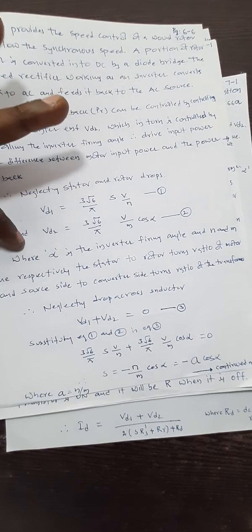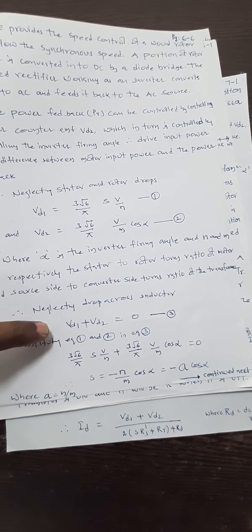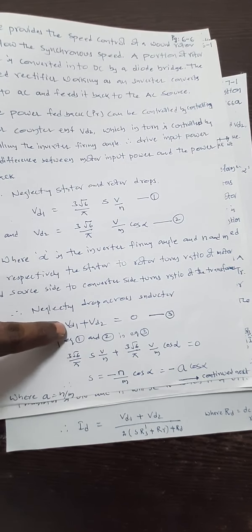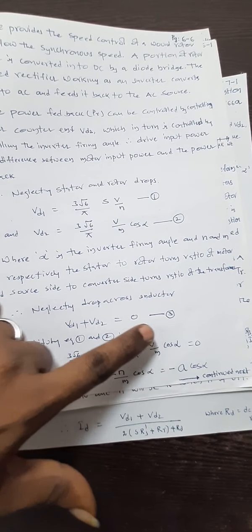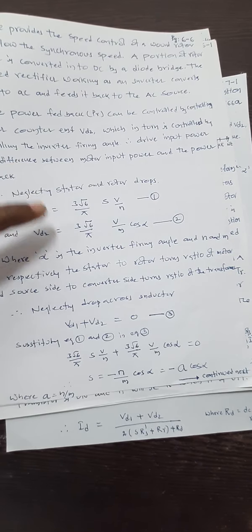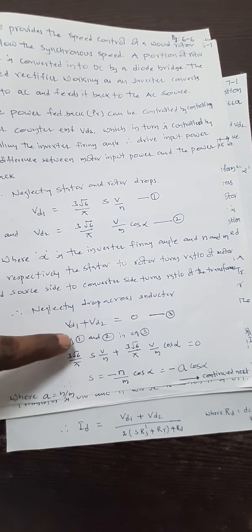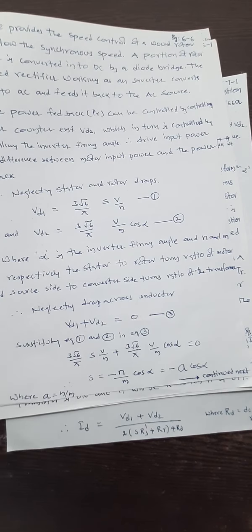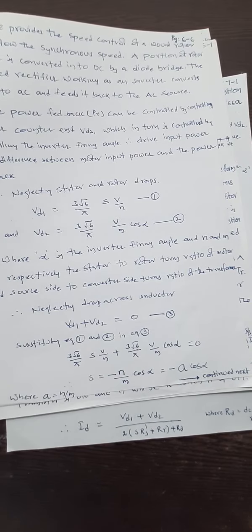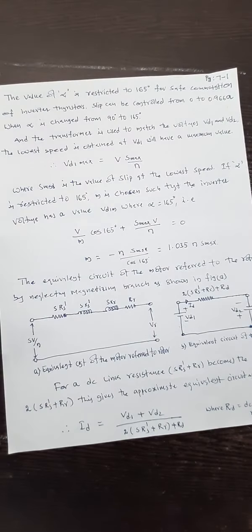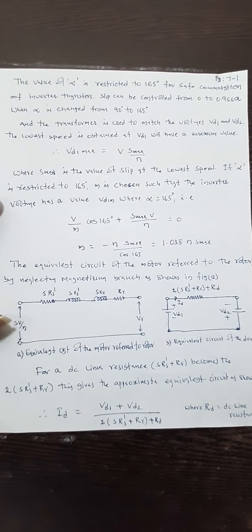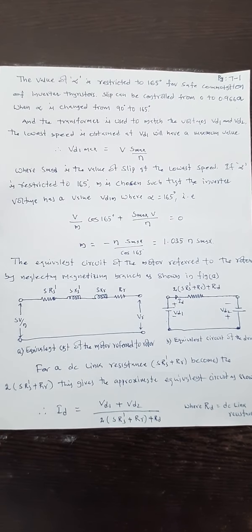We discussed some basics belonging to this drive in the earlier class. Those basics are simply the equations, the Ed1 equation as well as the Ed2 equation. In the earlier class we did not assign equation number 3, so let us keep this as equation number 3. Substituting equation 1 and equation 2 in equation 3, we get s equal to minus n by m cos alpha, which is also written as minus a cos alpha, where a is n by m. Up to now we discussed this in the earlier class. Now we will start today's class in continuation with the earlier topic.